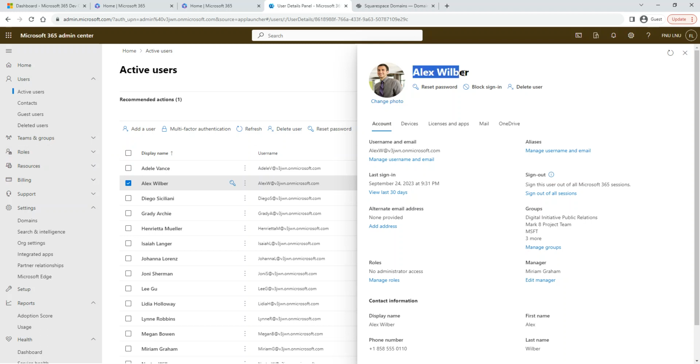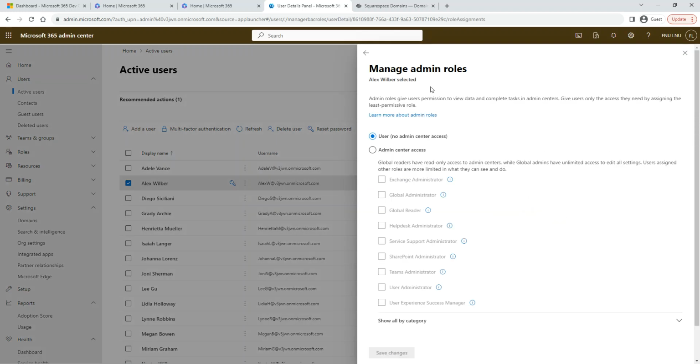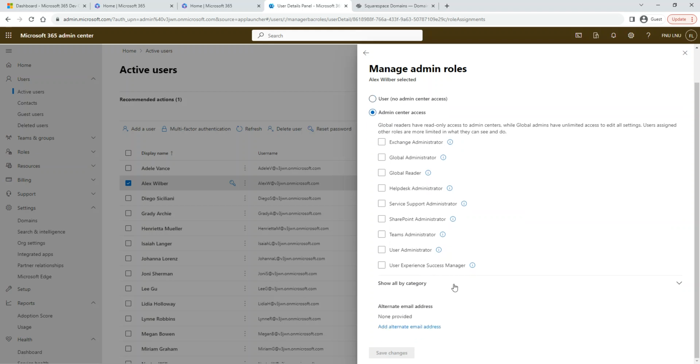Let's say I wanted Alex to be a SharePoint admin guy and teams and stuff. So what we're gonna do is assign a role to him. So here it says roles, and then it doesn't have any role. You can go here, manage roles, and in the manage roles, you can see here we have admin center access. No admin center access. You can say, okay, this guy is going to be a SharePoint administrator. You're gonna grab that one and then save it. He's gonna be a SharePoint administrator.